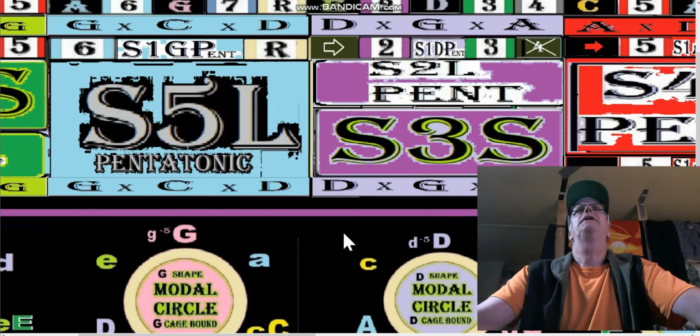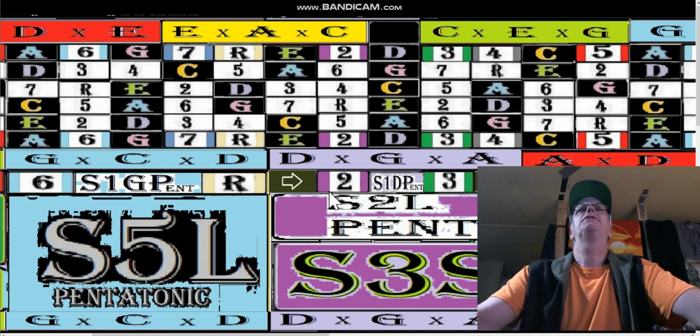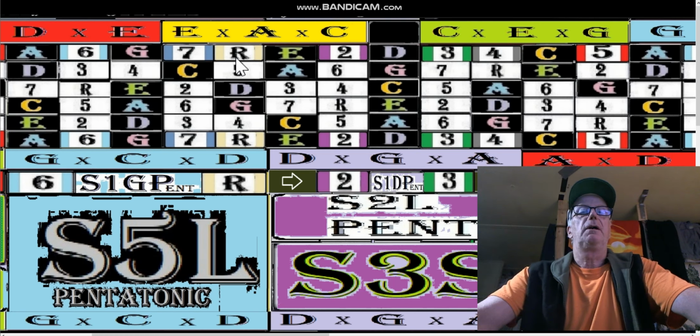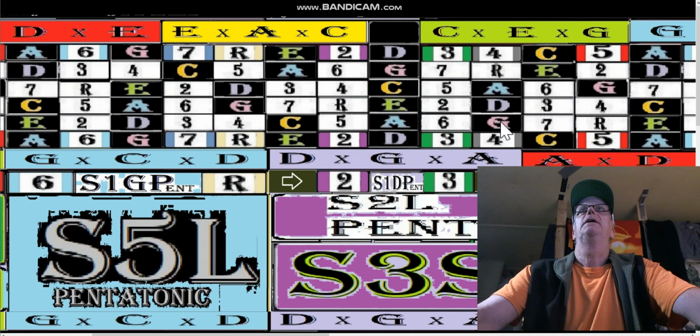The important thing I was trying to tell you with the string shapes is they can be anywhere. So here's a 6, 7, root, which is still a G string shape, no matter what key. The G string shape will be 6, 7, root of that key. No matter what key, the D string shape will be the 2nd, the 3rd, and the